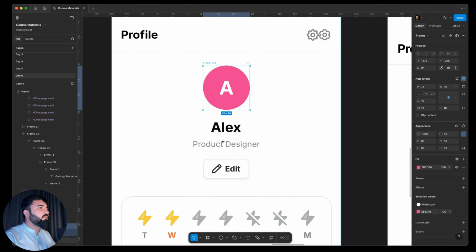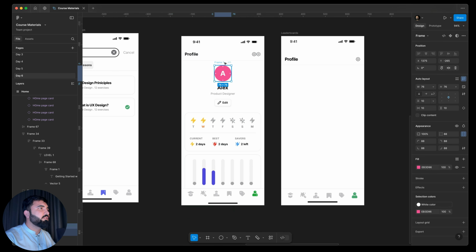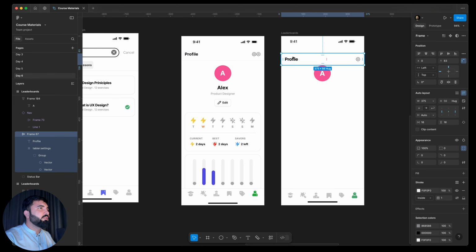All right, now again Alex and product designer. So I will just copy the, oops, I think it's supposed to be here. This one needed to be a little bit up like this. This is fine. Now let's try copy and paste this over here and rename it like Alex. It is middle line, so it's perfect. Now we need to duplicate it and product